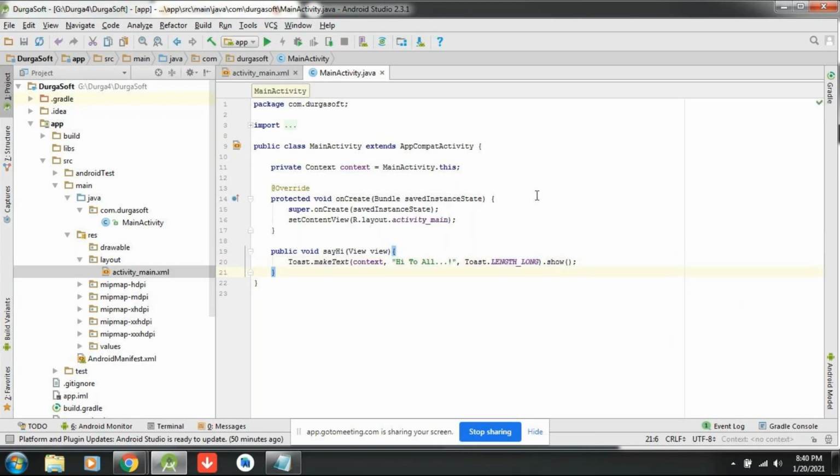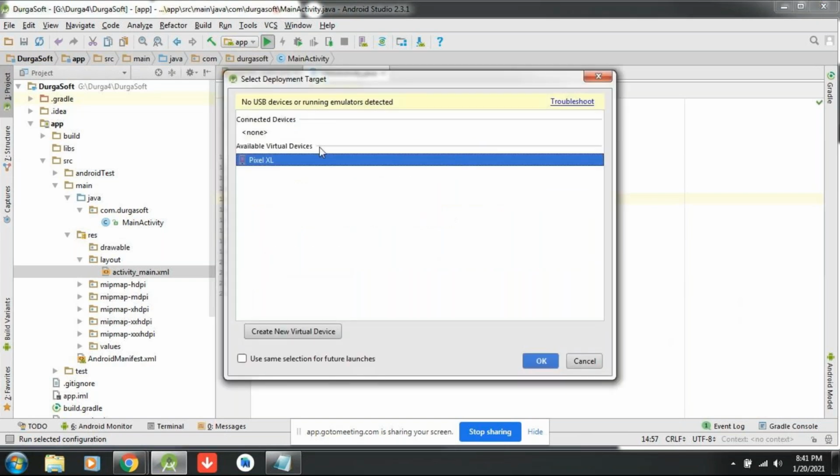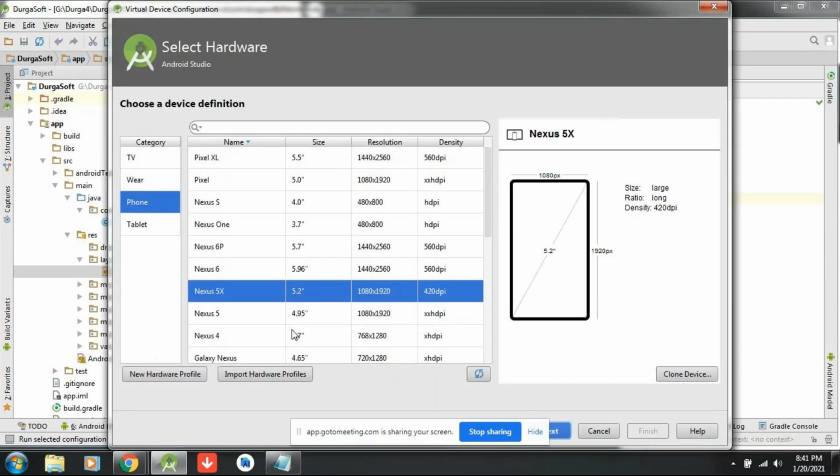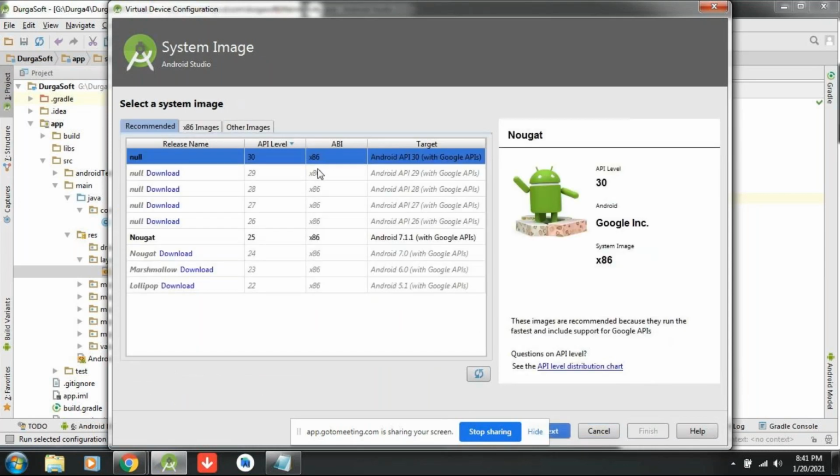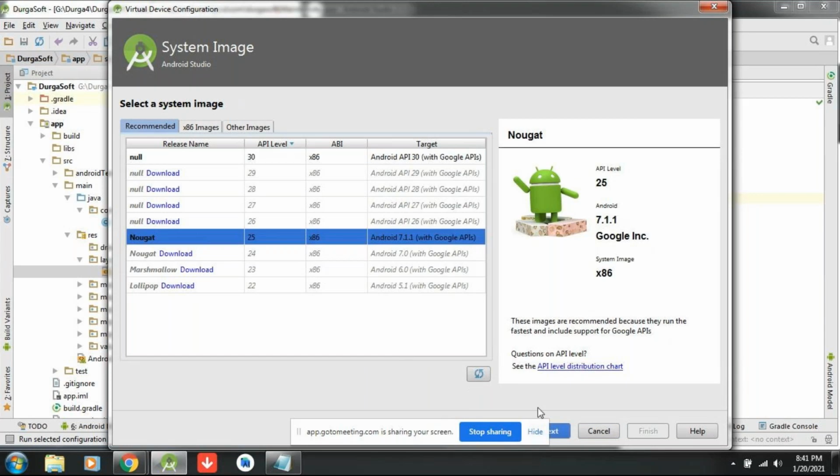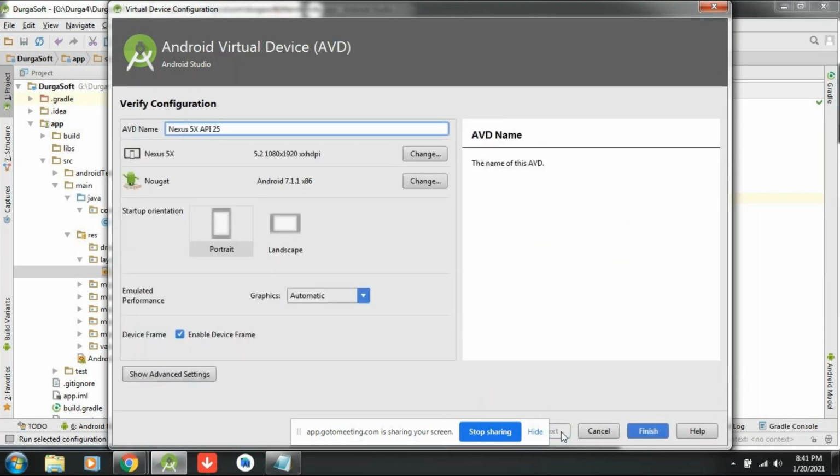Let me run my application. How to run my application? See here, this icon will be there, or else Shift plus F10. Okay, I am clicking on the icon. Sorry, actually this virtual device is not working for me. Let me create a new virtual device. Okay, phone, 5 point Nexus device. Next, here I will take Nougat. Just a second, it is creating a virtual device.